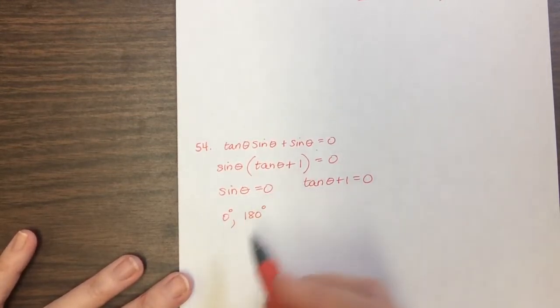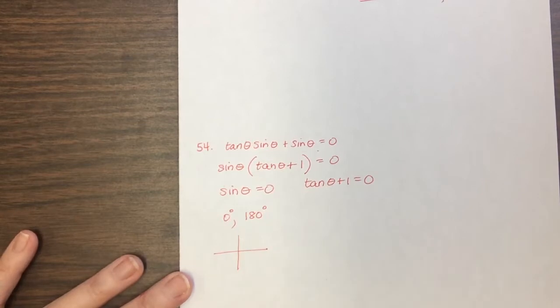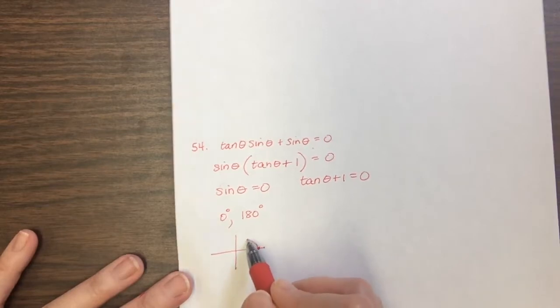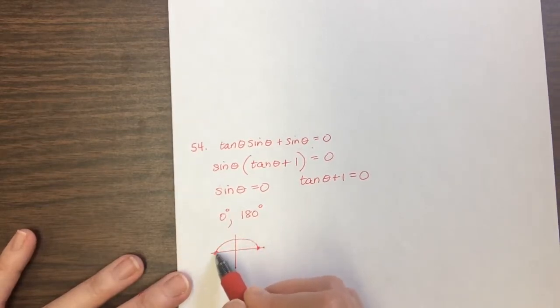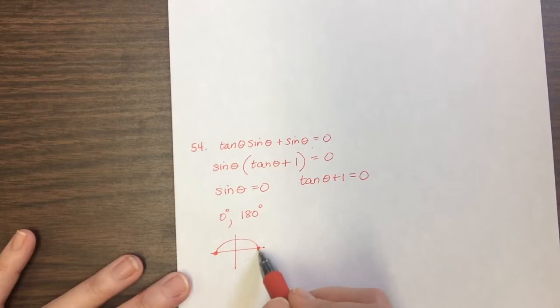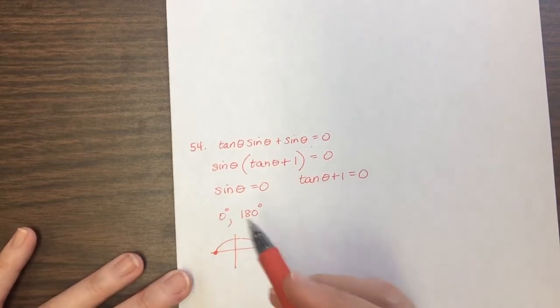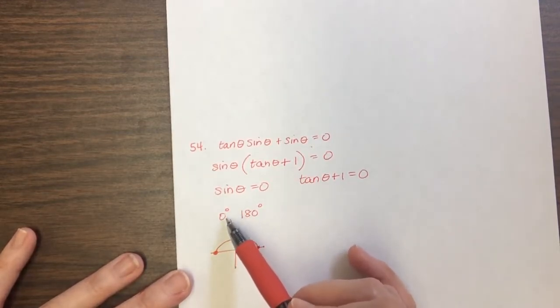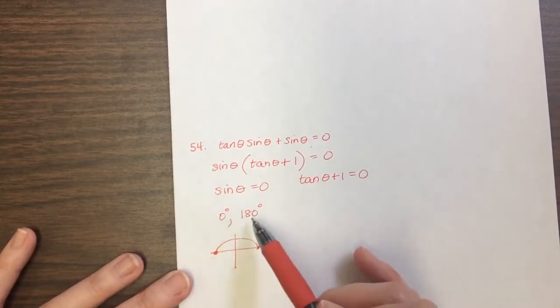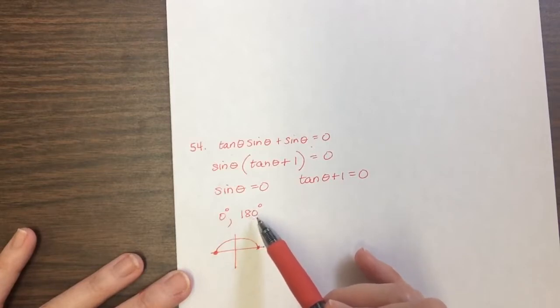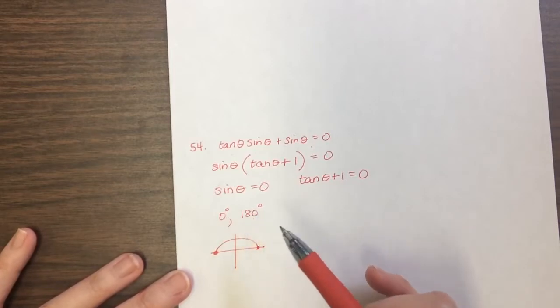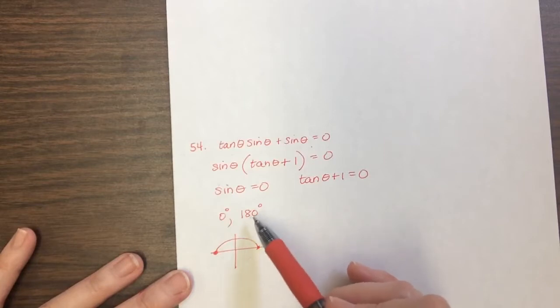Alright, now how can I express this so that all solutions are covered? Well, I know that this is a solution. I also know that this is a solution. Alright, so I could keep going around and around. And so really the easiest way to express this, now if you wanted to do 0 plus 360 times n, and then 180 plus 360 times n, you can certainly do that because that's true and that makes it,